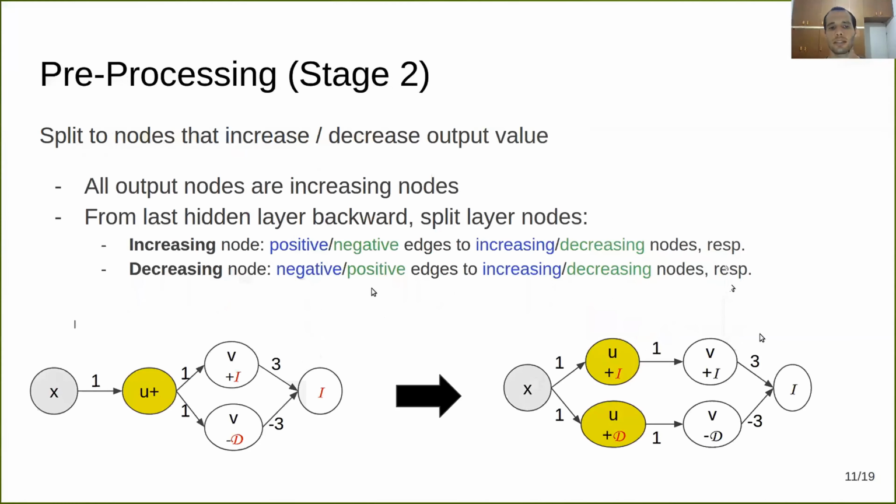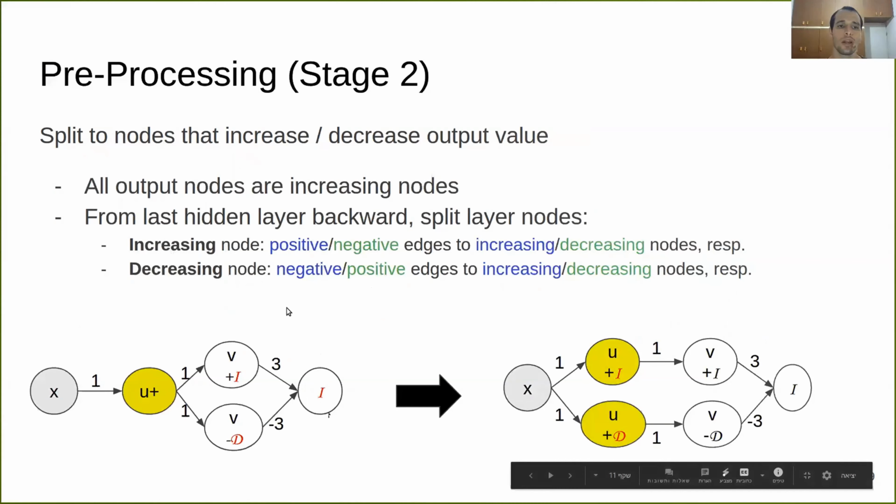In the second stage, which is a bit more complicated, we split the nodes into two types of nodes: the increasing nodes and the decreasing nodes. An increasing node is a node that when we increase its value, we also increase the output value. And a decreasing node is a node that when we increase its value, we decrease the output value. So of course, all the output nodes are increasing nodes. It's trivial from the definition. When we increase its value, we also increase the output value, of course. But